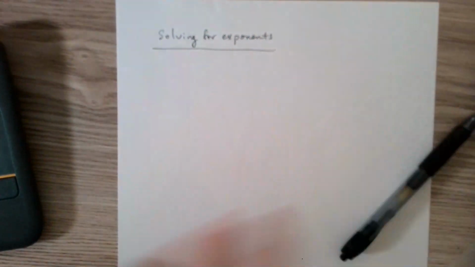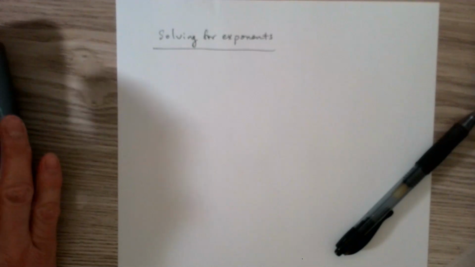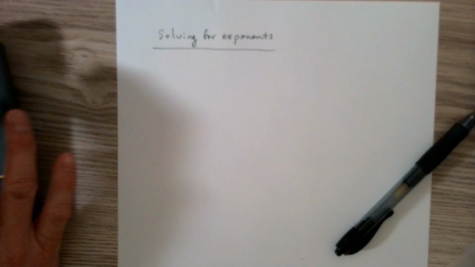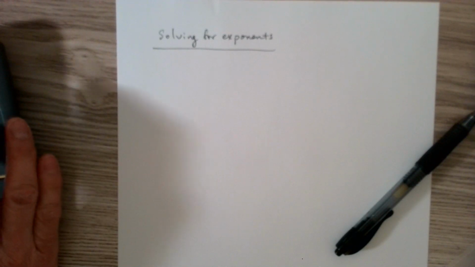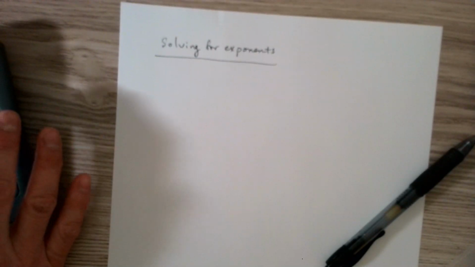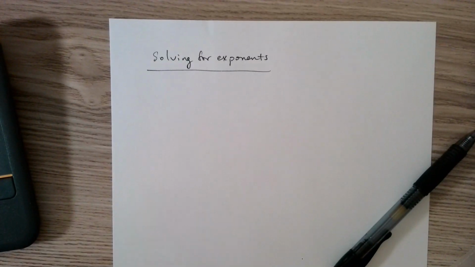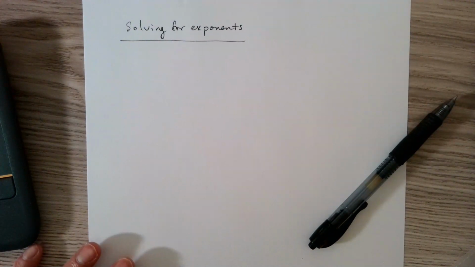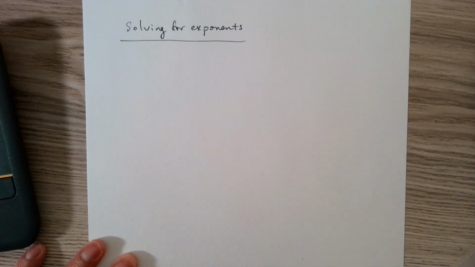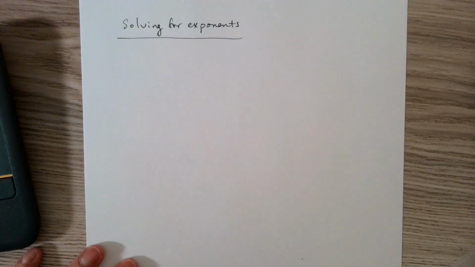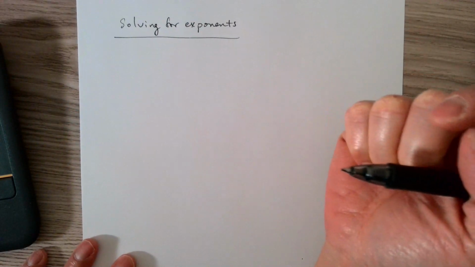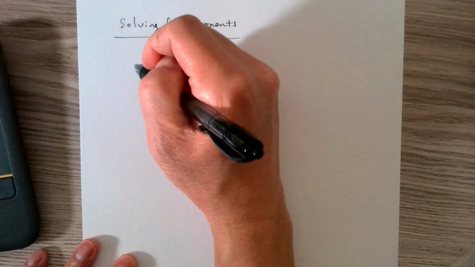Tonight we are solving for exponents. So you're going to see equations that have variables for exponents. The bases will be known values, but the exponents will have variables. So the basic concept we're going to be using here is that